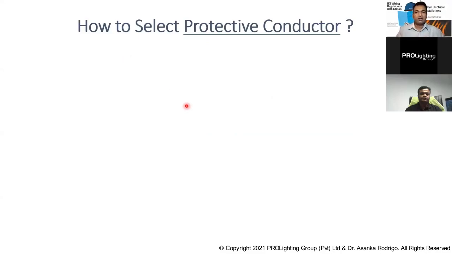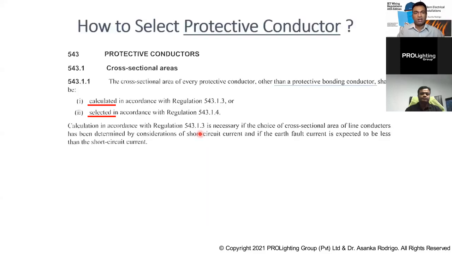Okay, and then when you look at the protective conductors, the selection criteria is given in the standard very clearly. If you want to select a protective conductor for any electrical installation, as per the regulation the first option they are giving is a calculated method, where you have to calculate your fault current and, based on that, select your protective conductor. But there is an alternative option given as a second option, that is selected according to the regulation,